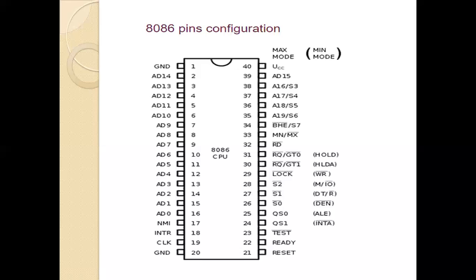Next is NMI, non-maskable interrupt. It stands for non-maskable interrupt. You know the interrupts are of two types: one is maskable interrupt and another is non-maskable interrupt. So this pin is non-maskable interrupt, available at pin number 17. Basically, what is the difference between maskable and non-maskable? You know, students, a maskable interrupt is one which can be avoided for some time period, but a non-maskable interrupt we cannot avoid. At the time when this interrupt occurs, we have to stop the current processing and execute it.